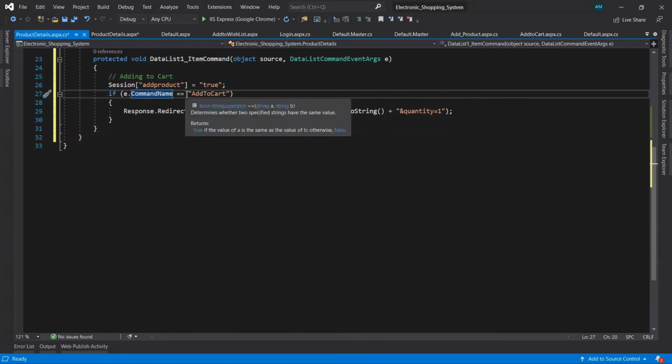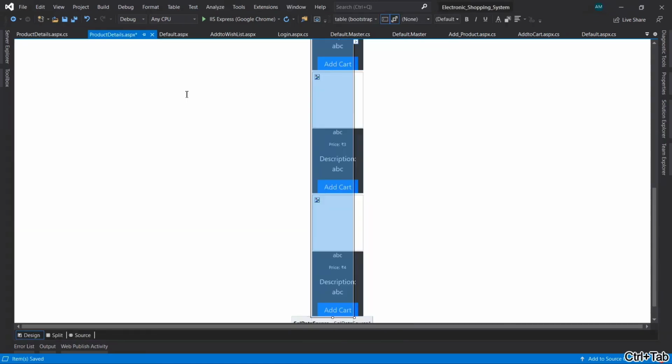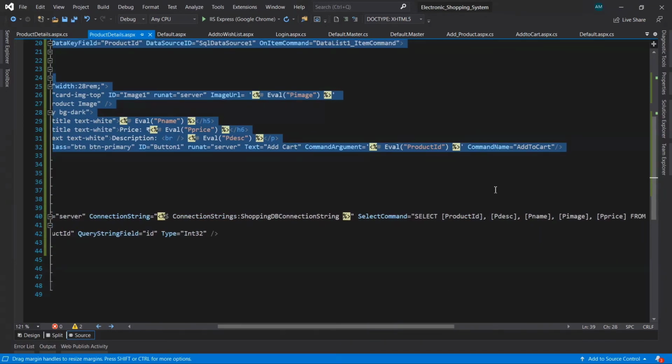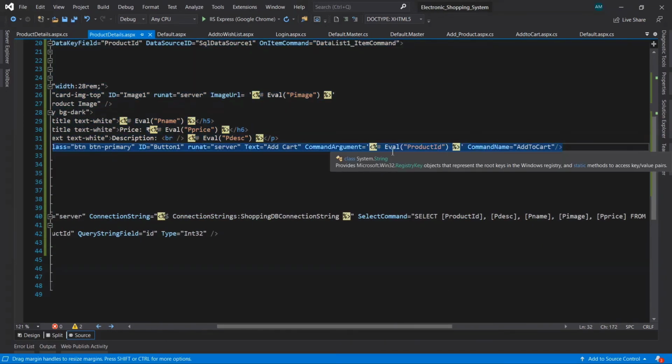From here in the design page of this product details page, if you notice, we have already seen that in the button, the add cart button we have taken, right?